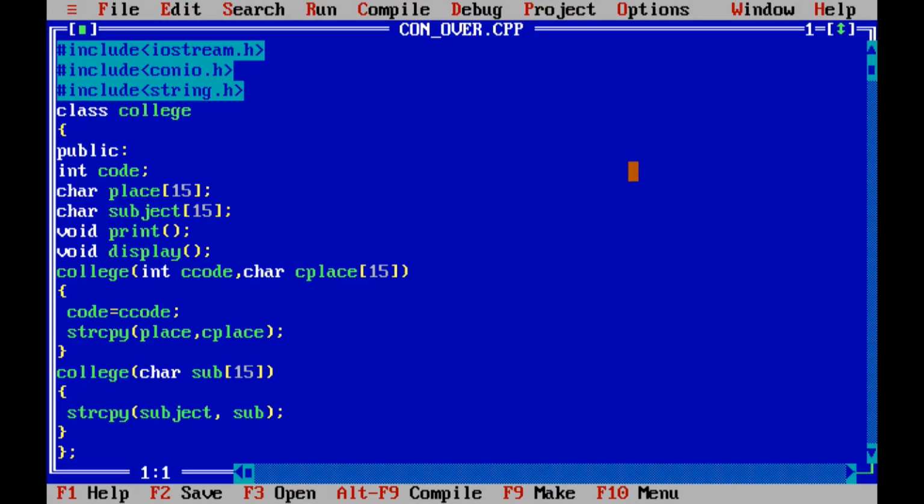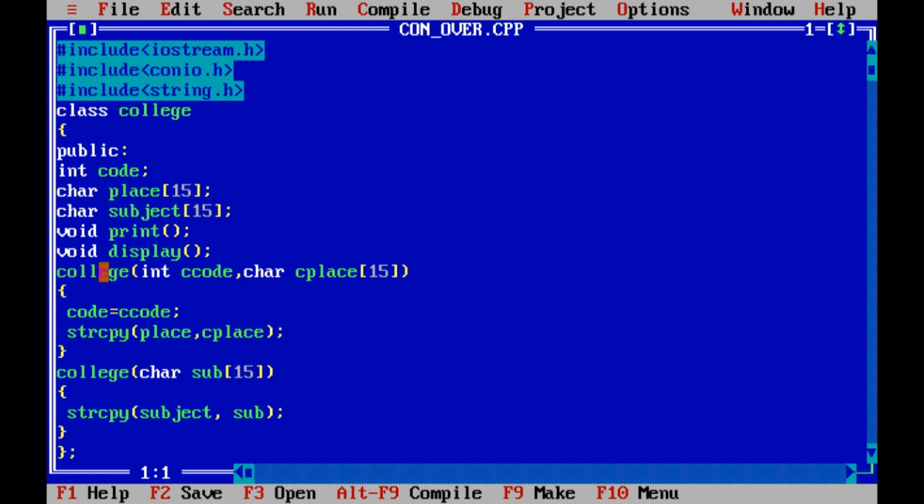So in this program we are going to see how constructor overloading is done. We have a class named college, and under the public specifier we have our data members, member function and constructors. Here we have code, place and subject as our data members, and print and display as member functions. The constructor has the same name as the class name.